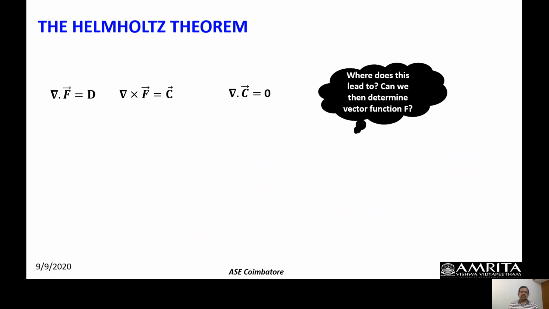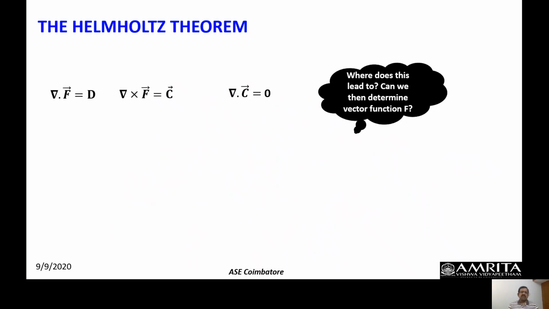So Helmholtz theorem lays out the conditions that are required for uniquely determining the vector field function F. Okay, so that is the substance of Helmholtz theorem. So what is that condition? Why I cannot determine? Because there are many vector functions whose curl and divergence could be 0. Then how will I be able to know F uniquely?